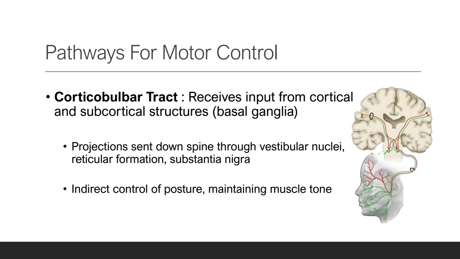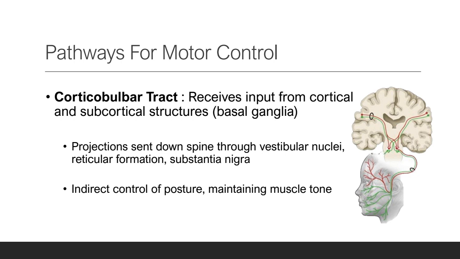These motor pathways are not part of the corticobulbar tract. So these projections through the vestibular nuclei, reticular formation, and substantia nigra, these allow some indirect control of posture and maintaining muscle tone